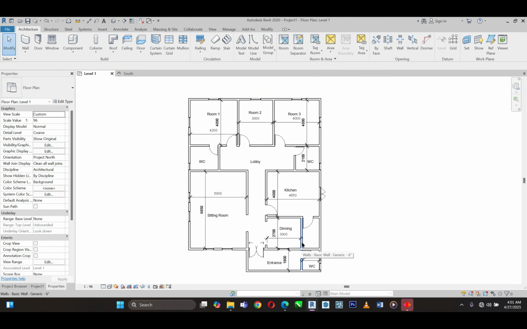Now we are done. I hope we are able to learn the basics. This is just a basic tutorial on how to design a floor plan. It's a very simple floor plan. So if you want us to work on the elevation,